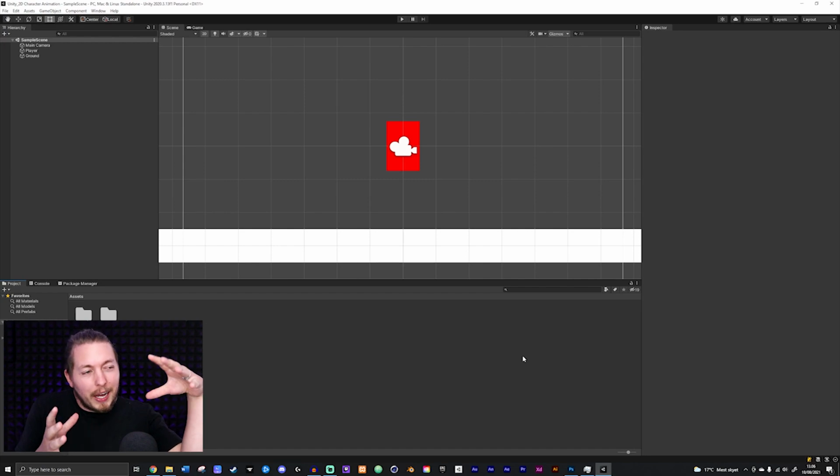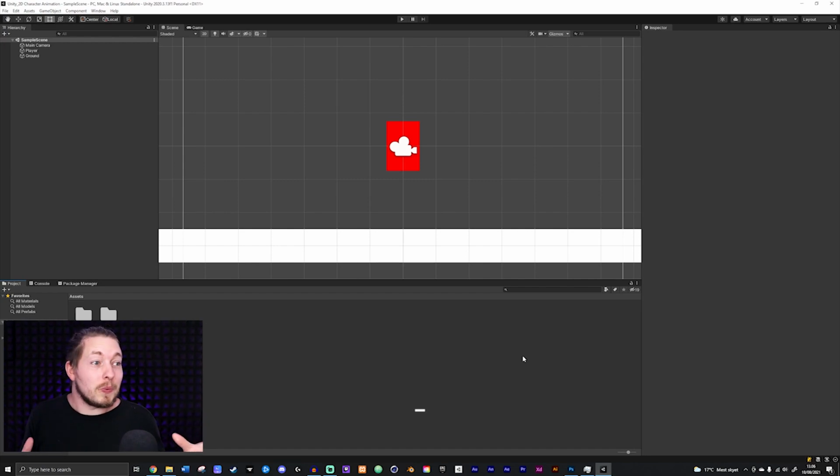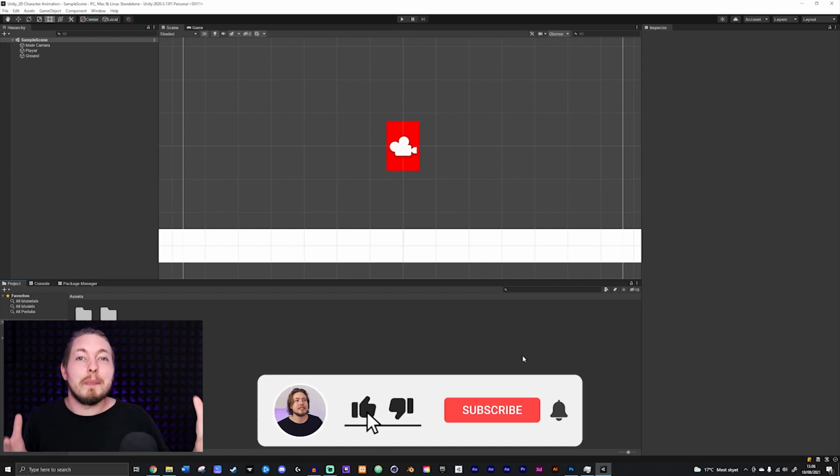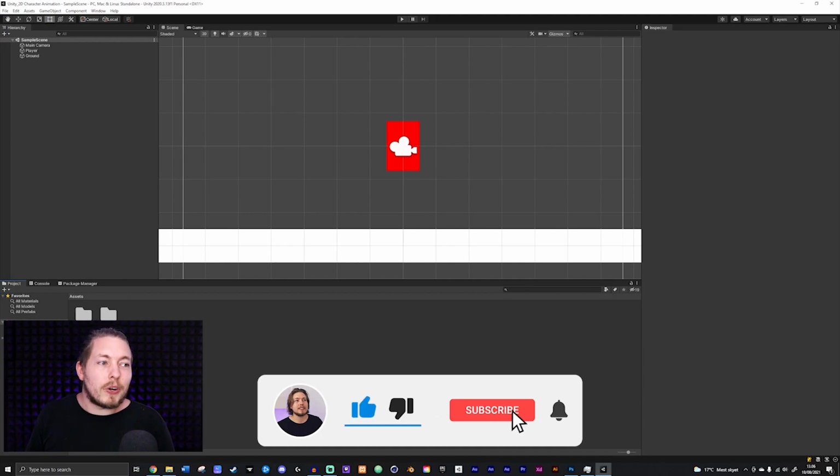Today I'm going to show you how to animate your 2D characters inside Unity, since it is kind of a boring thing to have a character running around and not actually animating while it's running. Now before we get started, I want to mention that I'm going to be explaining how to do this